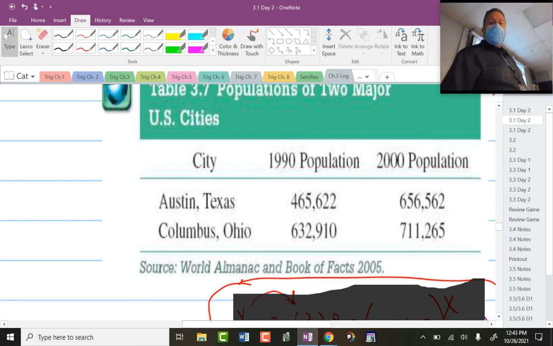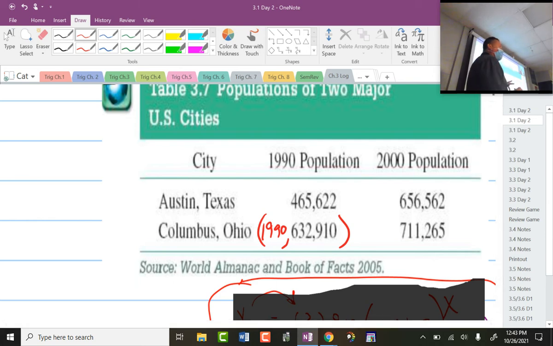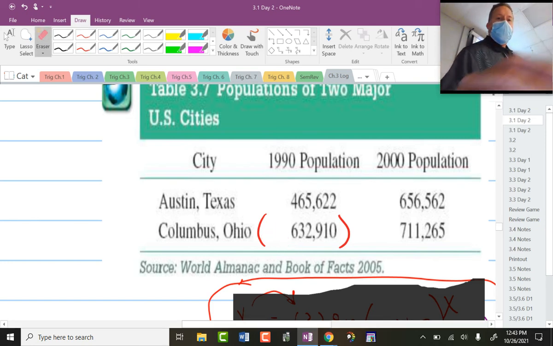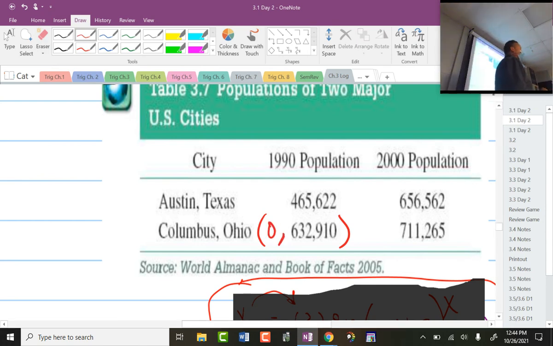Here's the 1990 population. Here's Columbus. Don't write this down, or at least write the chart value down. But don't write this next thing here. Really, what this is, is the coordinate 1990 comma population. So it really is that x comma y. Input 1990, I should output 632,910. Make your life easy though. Make this year 0. And now you know what you tricked yourself to? This is now the